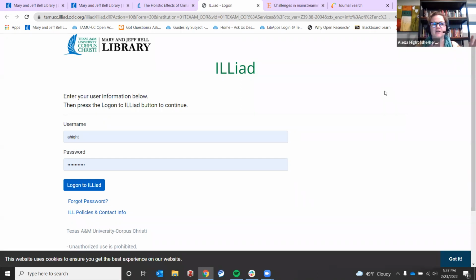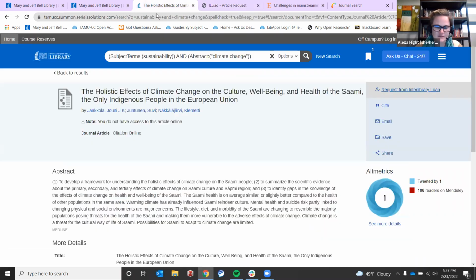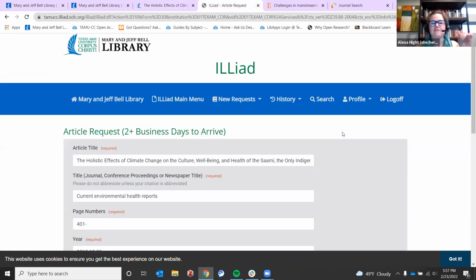So if you come across an article you really want, but they're saying it will charge you $40 or $50, go through Interlibrary Loan instead. And this is why searching through the library's database is easier than finding it on Google and then going to the Interlibrary Loan site, because once I've found it in the library's quick search and I've clicked on request from Interlibrary Loan and I've logged in, and again, that is going to be your Blackboard login.